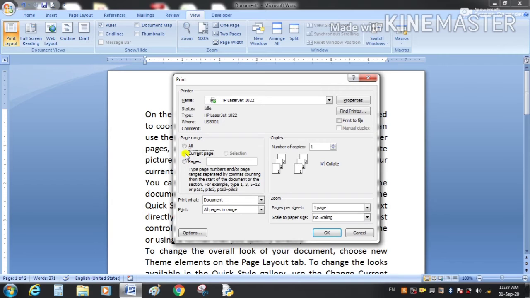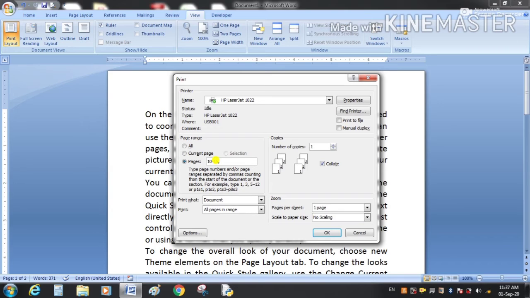And if we want a range of pages, for example, I want the printout from page number 10 to 15, then I will select the third option, pages, and here I will type the range, for example 10 to 15, in this way. And if after 15 I want some more pages, but these pages are not continuous, not in a sequence, so I will put a comma here.